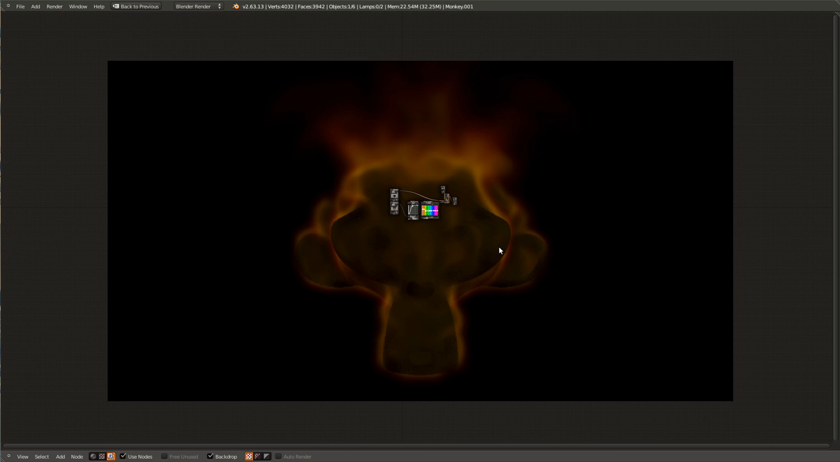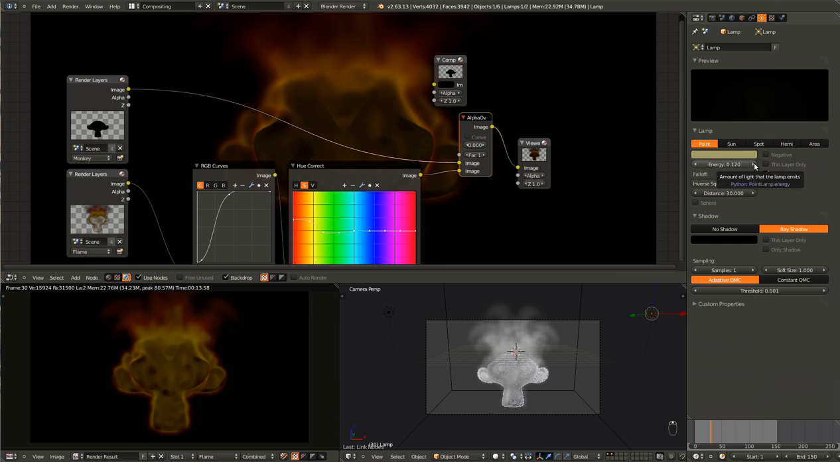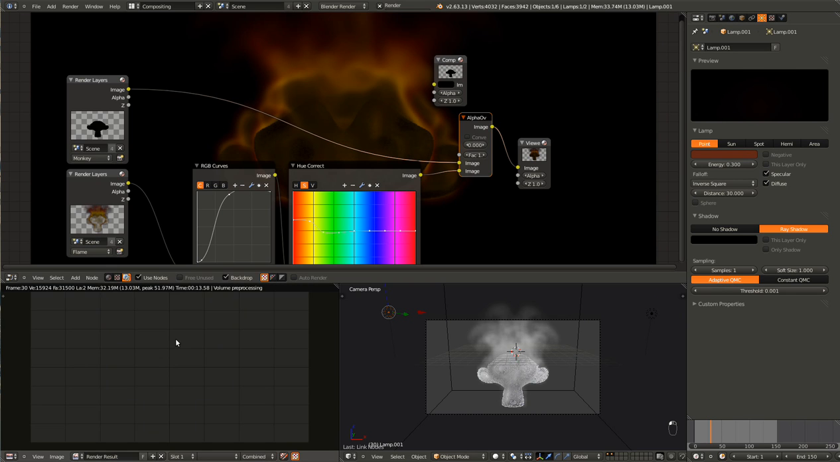Why is this not working? Just a second. Okay, so it appears that we need to turn up the lamp a little bit because we can't quite see this monkey enough. So I'm just going to turn him up, and